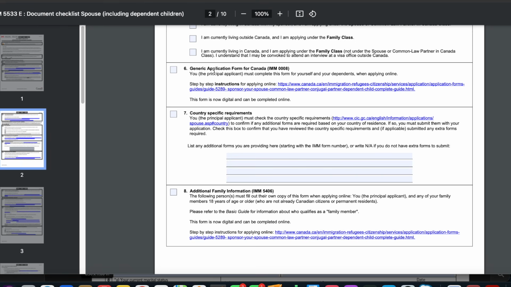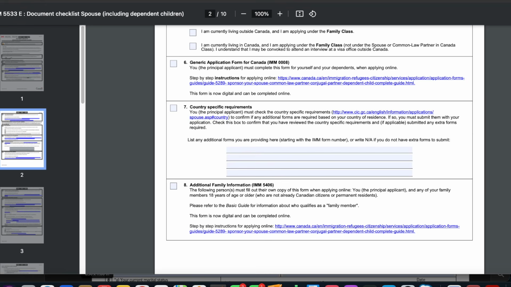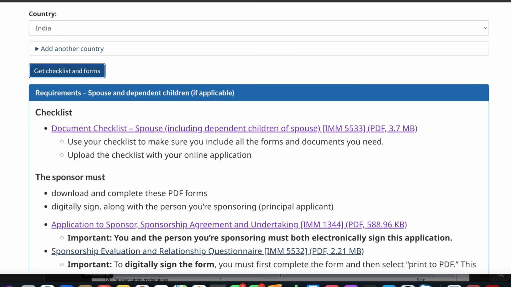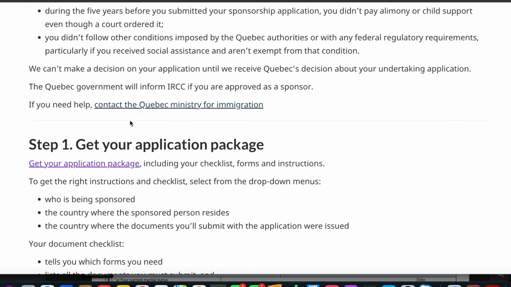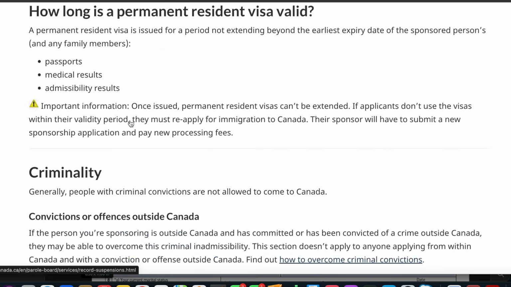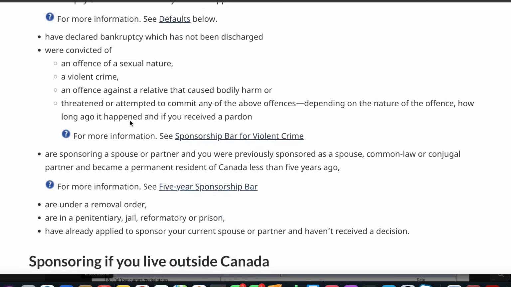Then there are these forms, which is the generic application form for Canada. Now, this form you will not find a PDF for, and these forms are to be filled digitally and completed online. So this takes us to our next step here, and I'm going to show you the step. One second. All right, so when you see here in the beginning,